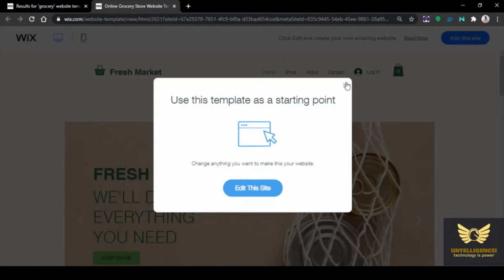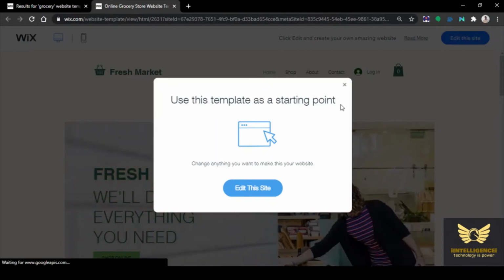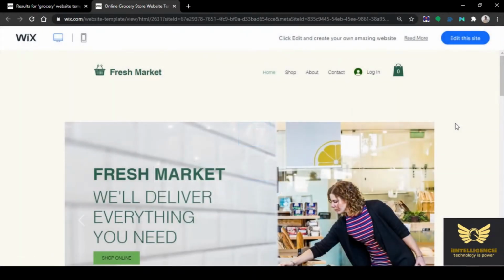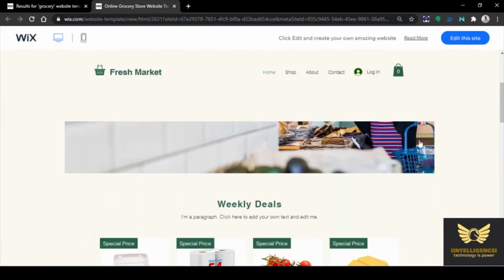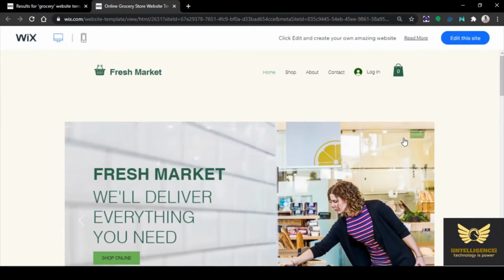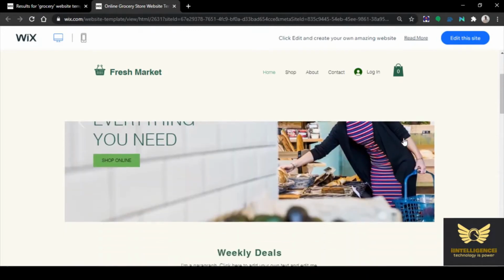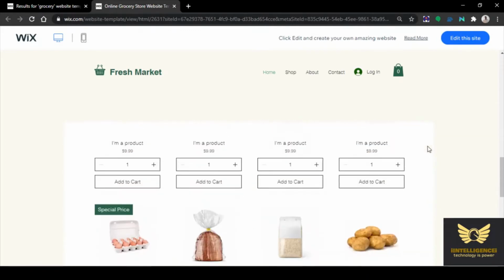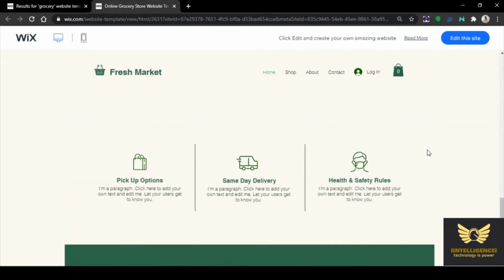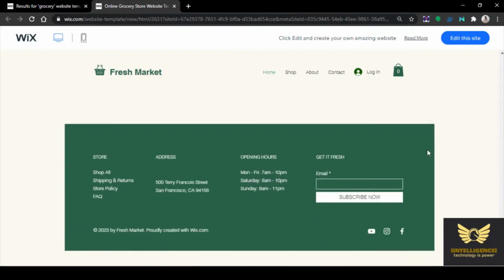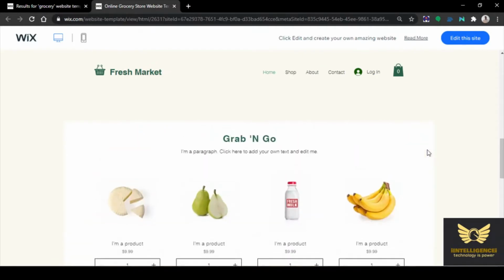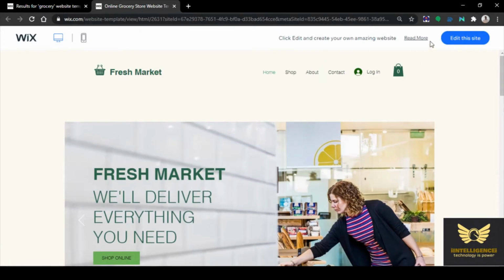Close this. So this is the template website. Right? This website looks neat. If you find it not okay, then you can select another one. Now you can click edit.